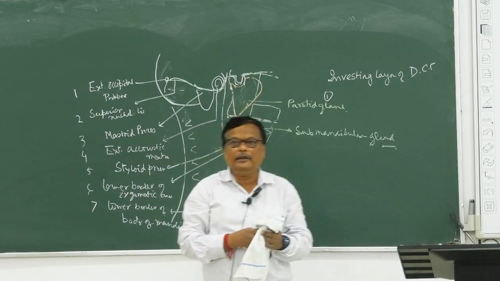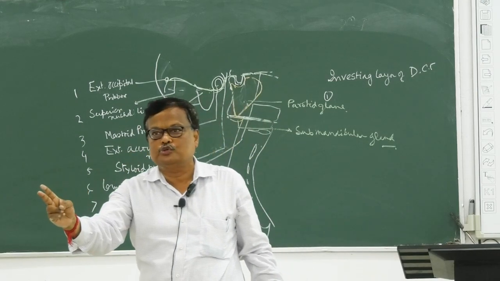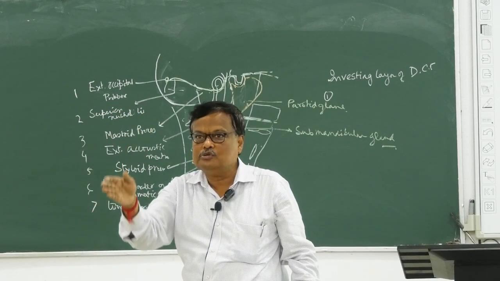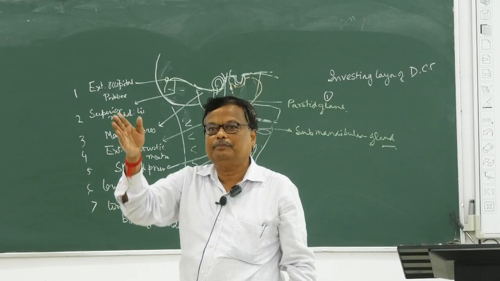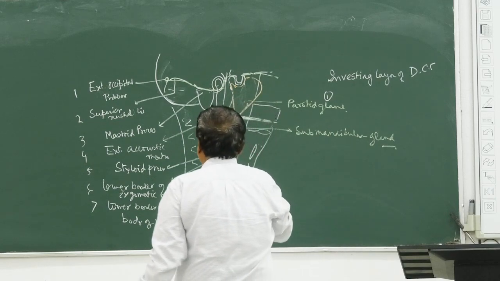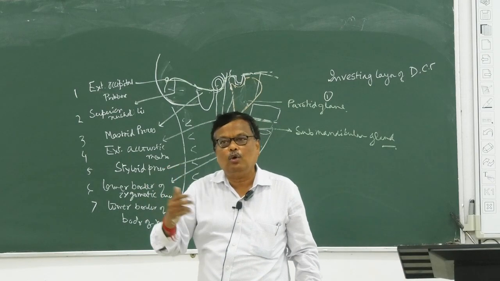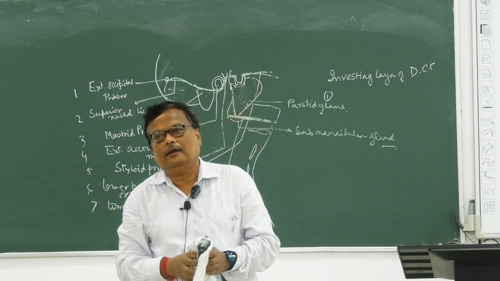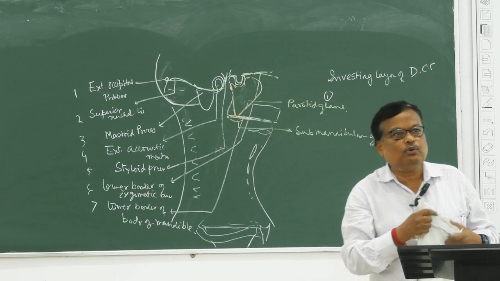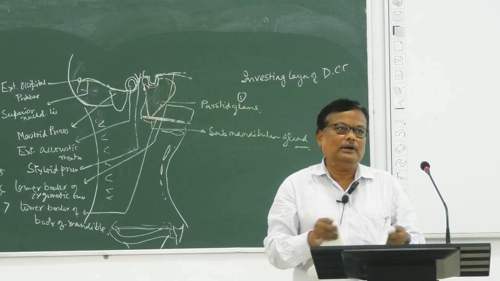সো আমরা এখানে কি বলতে পারি? ইনভেস্টিং লেয়ার অফ দ্য ডিপ সার্ভাইকাল ফসা splits to enclose the parotid gland. One layer goes superficially, one layer goes deep, covering the inside of the parotid gland. Similarly, এইখানেও submandibular gland কে it splits to enclose the submandibular gland. So, investing layer of the deep cervical fossa splits to enclose two salivary glands. One is known as the parotid gland, one is known as the